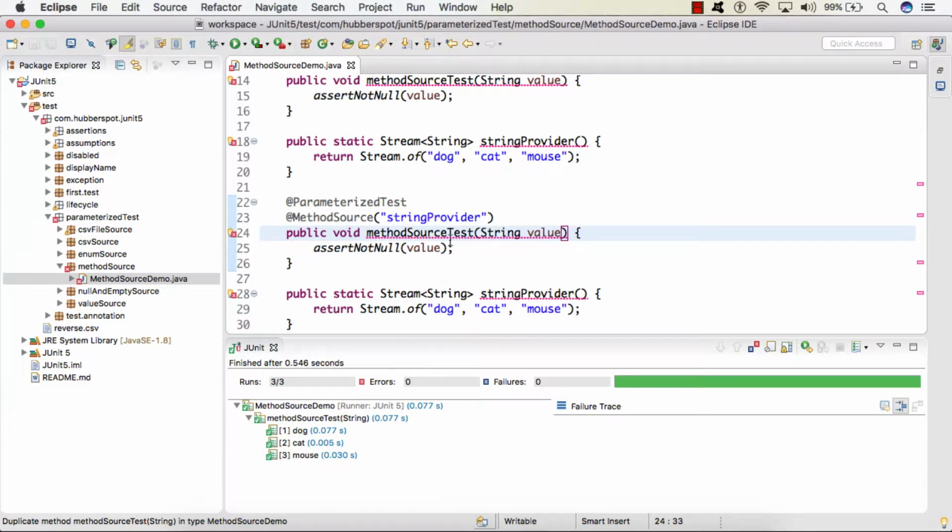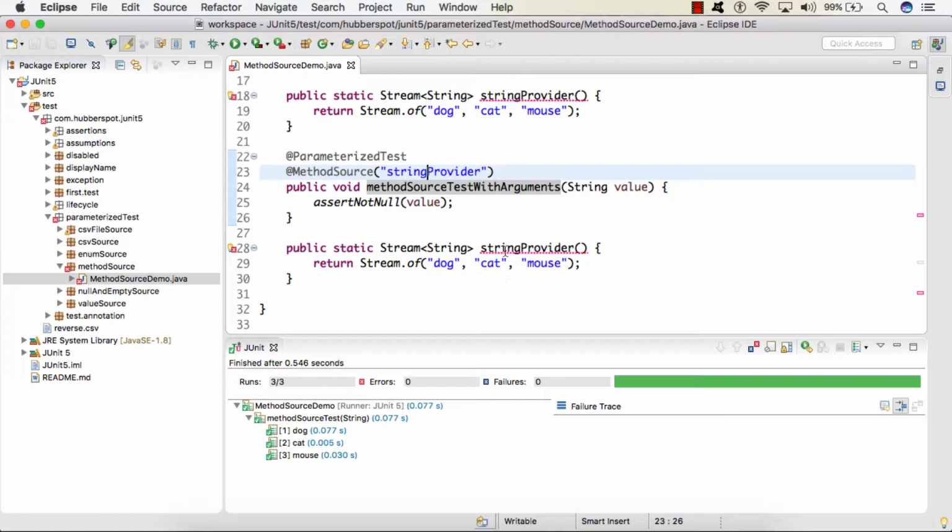So I give the name of this method as methodSourceTestWithArguments. And I change this method as, let's say, argumentsProvider. I'll remove this assert and I will give the name of the method to our @MethodSource, that argumentsProvider.